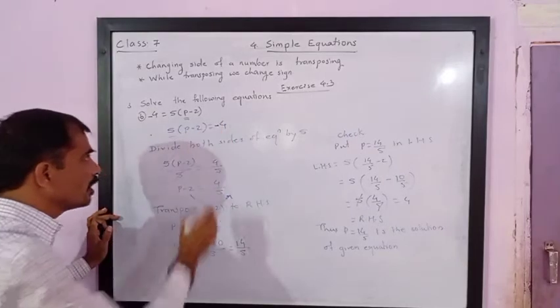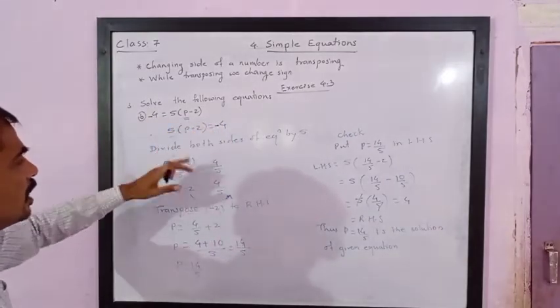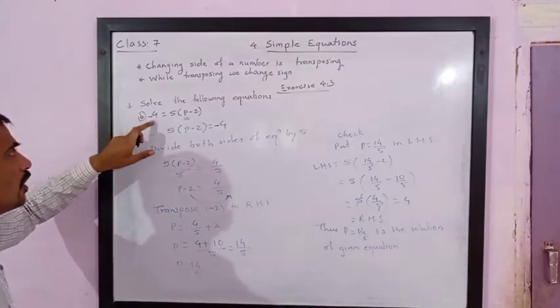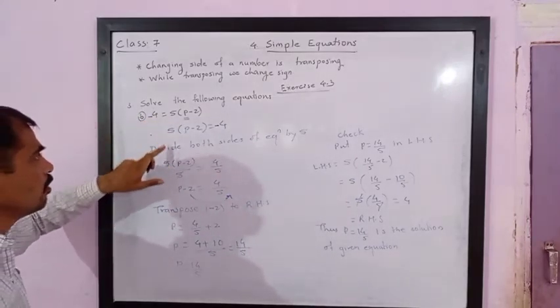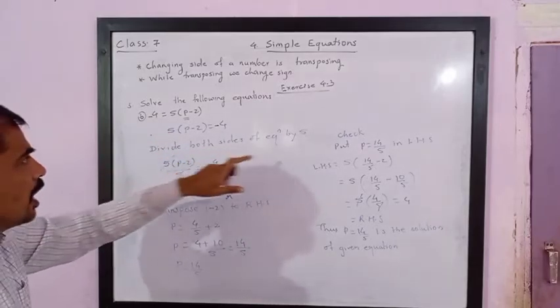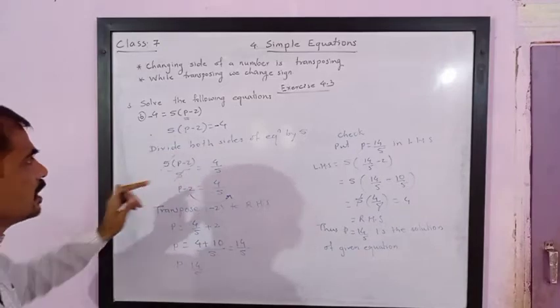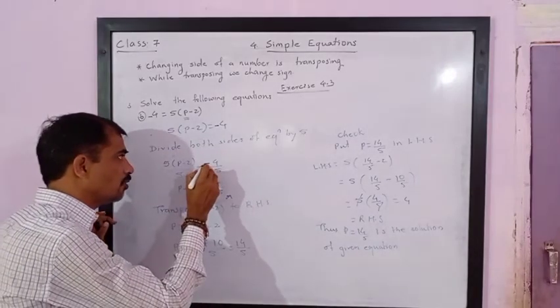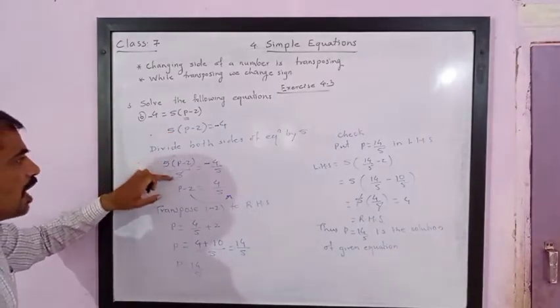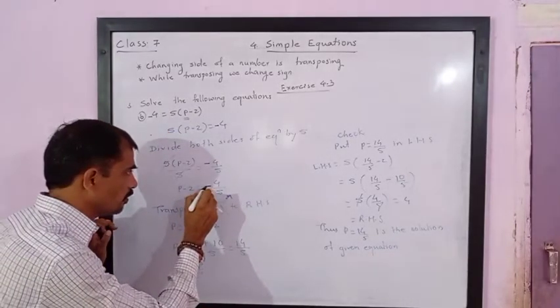I am purposefully writing with the black pen so you can understand what are the changes in this problem and the earlier problem. So here again we have to do the first step as it is. We have to eliminate this 5. To eliminate this 5, divide both sides of the equation by 5. So you will get the left hand side as it is, but the right hand side will be negative 4 divided by 5. Now this 5 eliminates this 5. So you will get negative 4 upon 5.